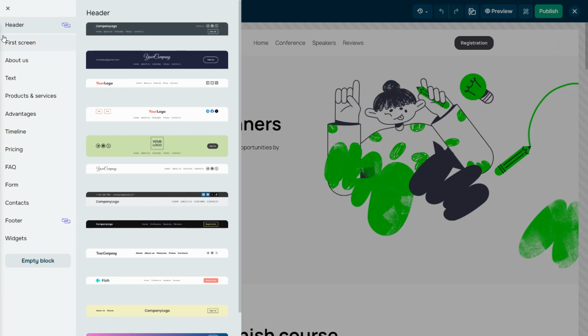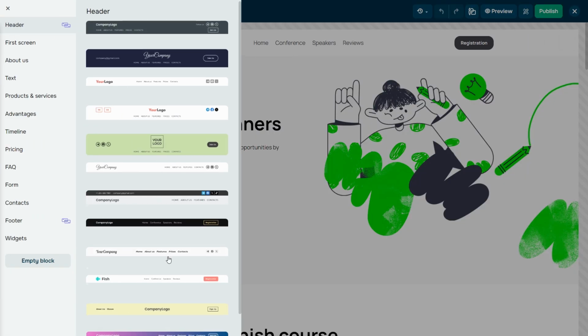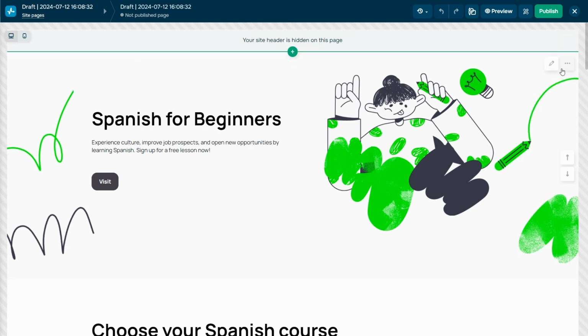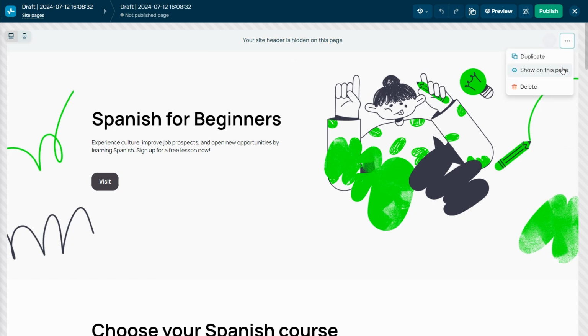Menus and call to action (CTA) buttons are essential elements for guiding users through your website and helping them quickly find information. In a previous lesson, we added a website header from the block library. This header includes a spot for a logo, a menu, and a button. This header block is site-wide, meaning it appears on all website pages by default, but you can disable it for